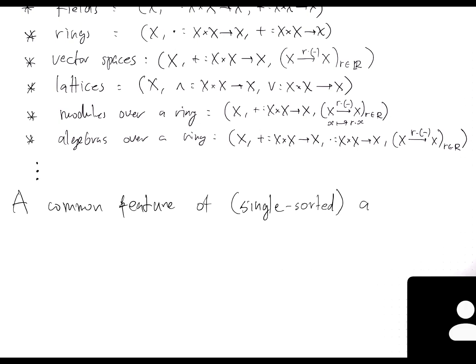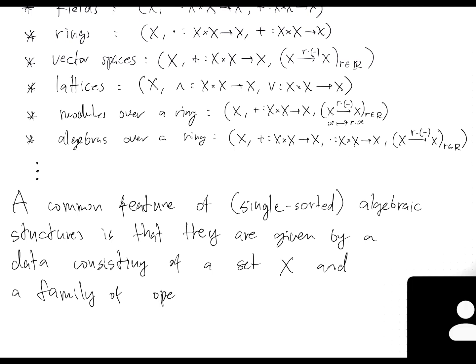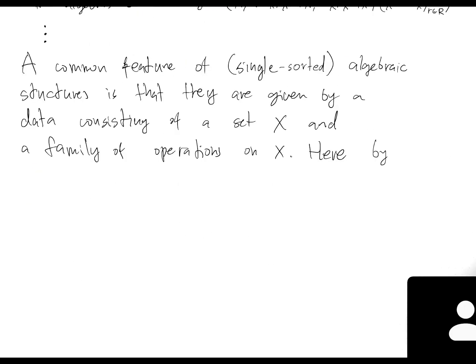The common feature of single sorted algebraic structures is that they are given by data consisting of a set X and a family of operations on X. Here, by an operation,